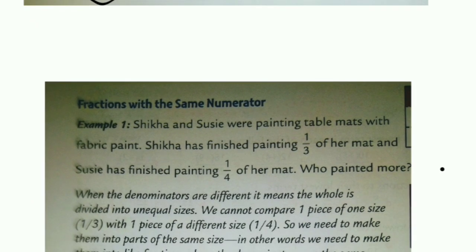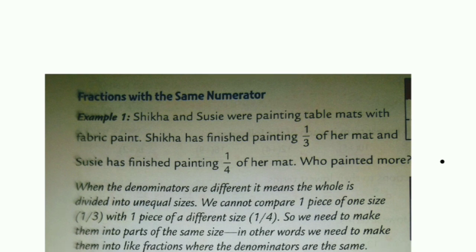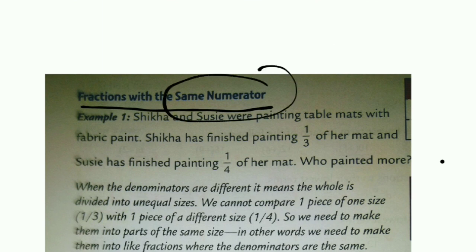In this one more question is given, that is, circle the fractions in its lowest term. So in this one we have to circle only which one is the lowest term. Comparing fractions: the first one is fractions with the same numerator, page number 84. Okay, so when we are having the same numerator,